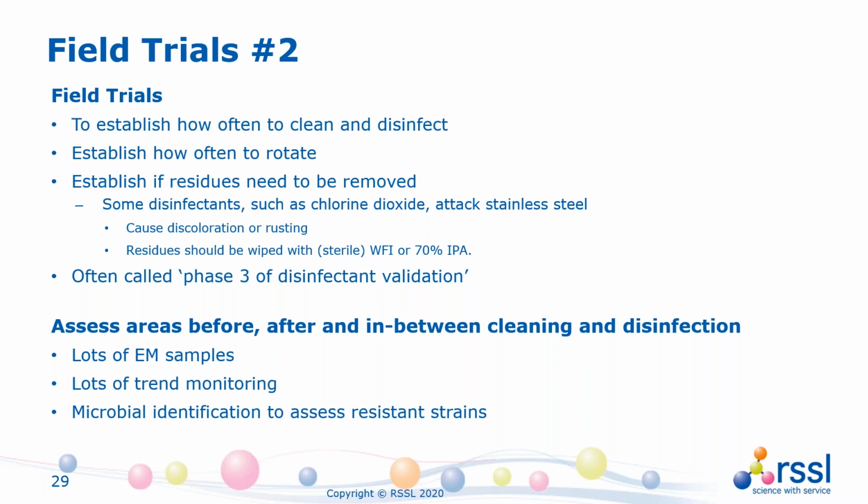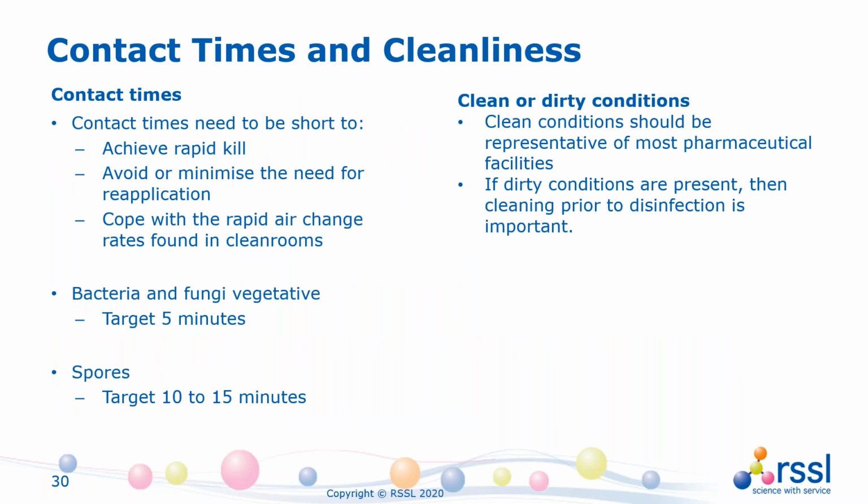It can highlight problems like sticky surfaces, or where there might be health and safety issues arising, the degree to which we need to rinse surfaces after use, and even to help to inform about the effectiveness of the environmental monitoring program. It also helps to develop the contact time, which I keep coming back to because it is probably fundamentally the